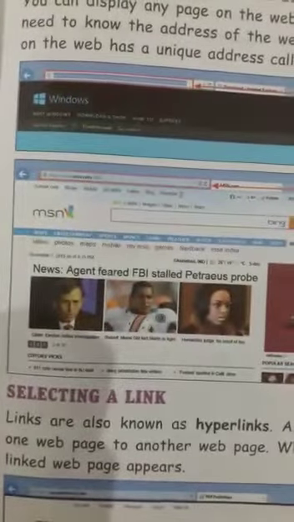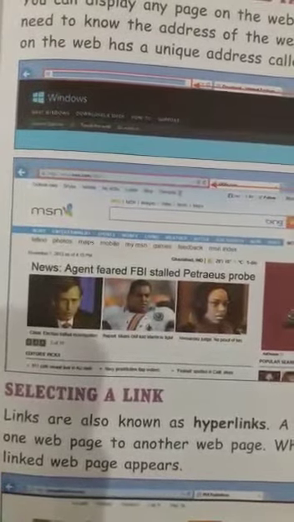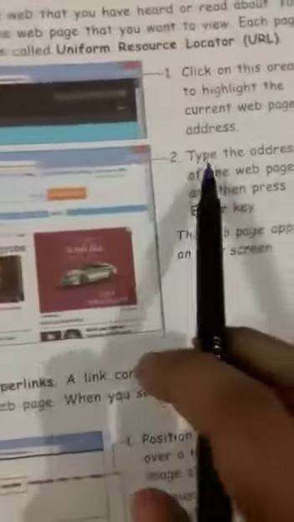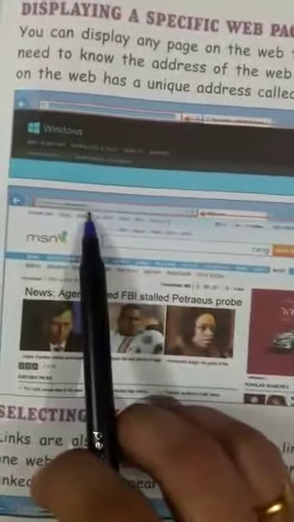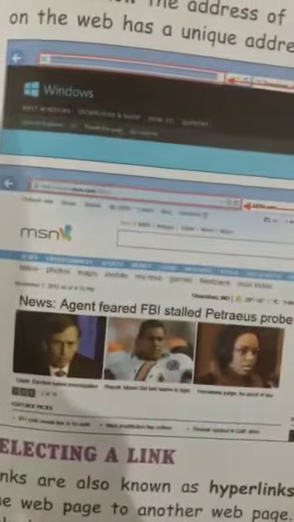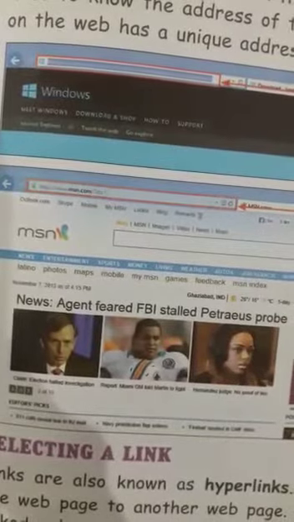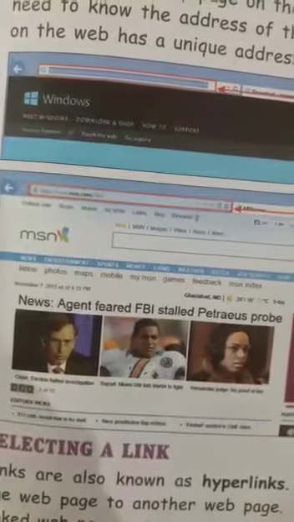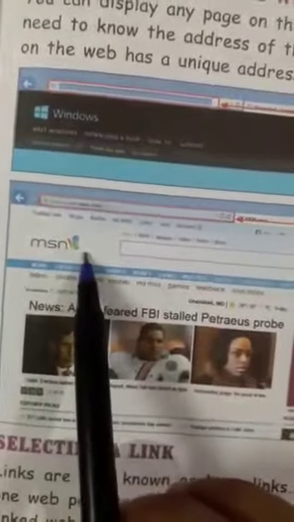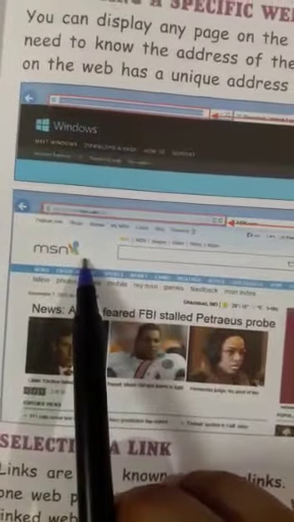So here we will click, over here, that is the blue bar, and after that we will type the address of the web page. Here we will type the address like www.msn.com, and after that we will press the enter key. Then the MSN website appears in front of you.